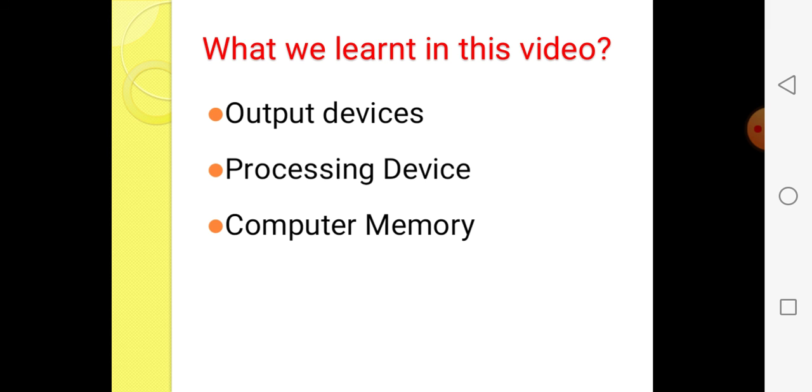In primary, RAM and ROM. In secondary, what comes? Hard disk, computer disk, pen drive, DVD. These come in secondary memory. And then software. In software we learned two types: system software and application software.